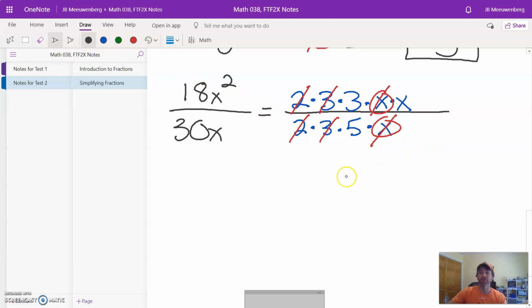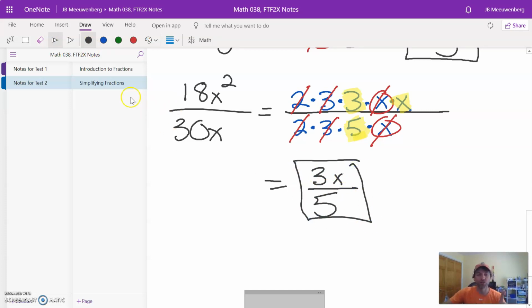Now I put it all back together. What do we have left on top? Here's where a little circle or a little highlighter might help. So what do we have left? 3 and x are on the top and a 5 is on the bottom. So that means it's 3 times x over 5. This fraction over here simplifies to that. And that is how we can reduce fractions. Simplifying fractions. Prime factorizations cancel the common